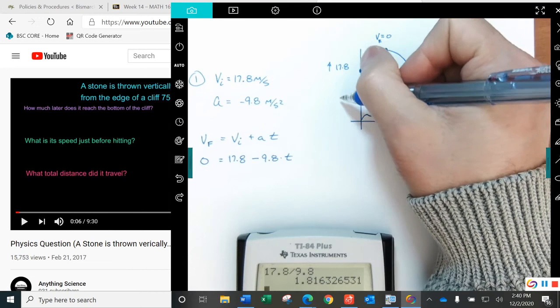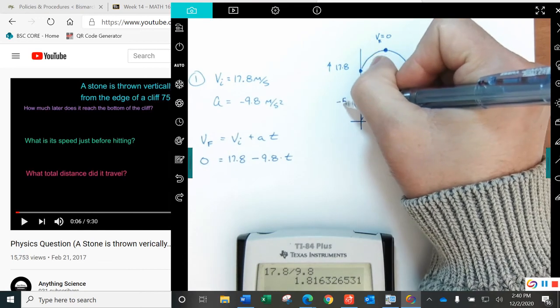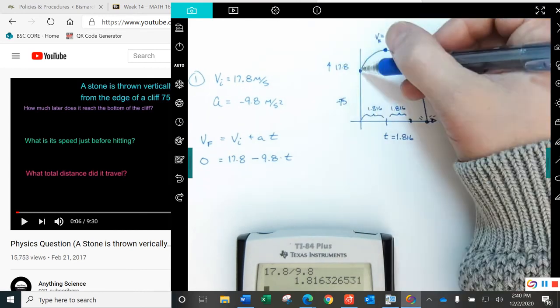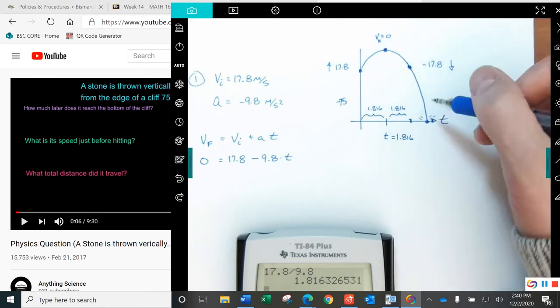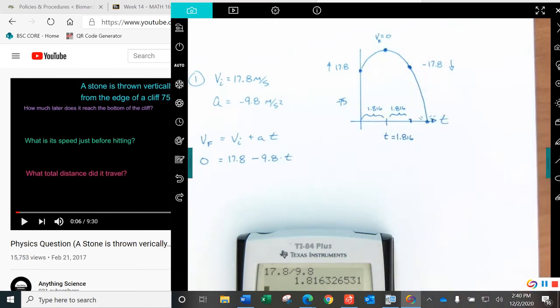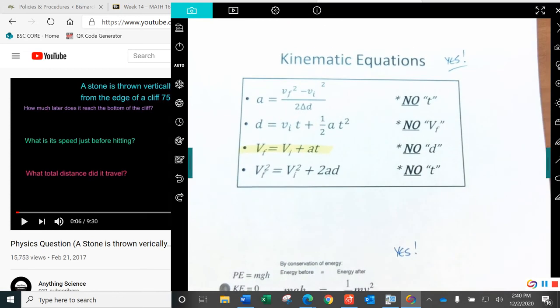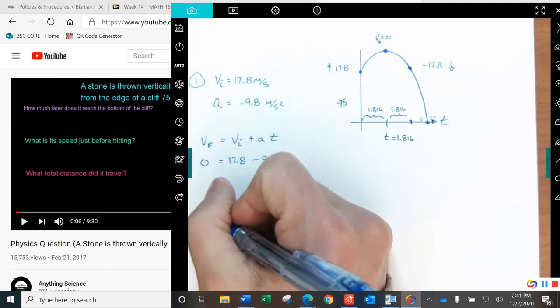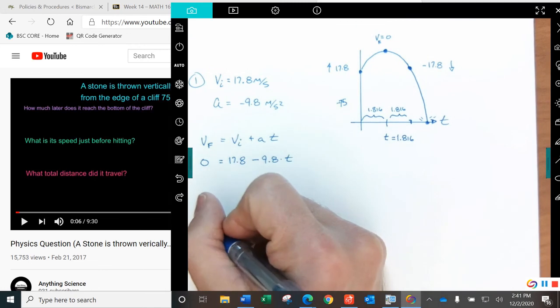It's got to drop down 75 meters from here to here, that distance. I'll just put that difference from here to here has got to drop down 75 meters. We have the initial velocity here. We know acceleration. Hey, look at this. If we grab this next equation right here, we could use this one, this kinematic equation, to find that final velocity. So I'm going to use this kinematic equation right here next. So I haven't even answered question number 1 yet, but